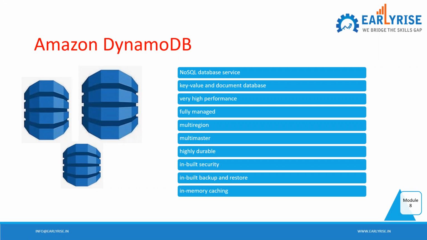Based on that, we can provision, and then SSD volumes will be there in the backend. SSD volume means again high speed, right? And then again we have a multi-region option here. That multi-region, multi-master feature, whatever we were seeing for Aurora, that feature is there. So we can replicate across multiple availability zones, across multiple regions as well. One availability zone is in this region, another is in another region, and from this availability zone to that one, it is getting replicated. So this is the multi-master concept.